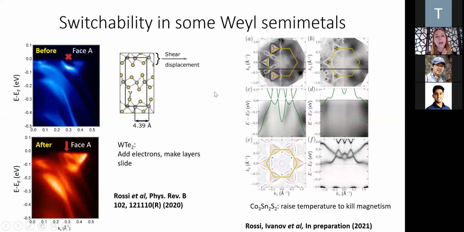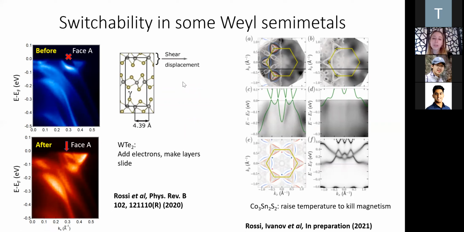Anyway, this is the last slide that I'm going to show. In my group, we have done a lot of recent work pursuing switching in Weyl semimetals. Because they rely on certain symmetries, sometimes these symmetries can be turned on and off. One material that we have looked at is tungsten ditelluride, which is an example of an inversion symmetry breaking Weyl semimetal. This inversion symmetry breaking can be alleviated by moving the crystallographic planes, since it's a layered material.